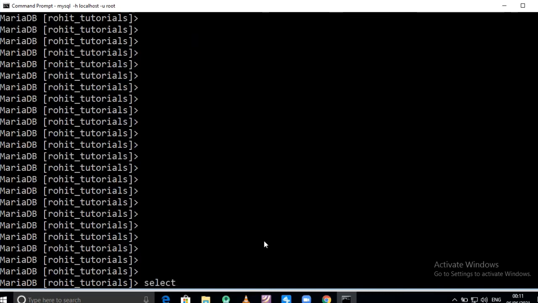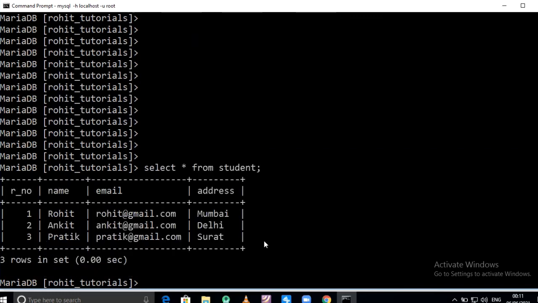Select star from student, semicolon. Yes, the records are available. One Rohit@gmail.com Mumbai, second Ankit@gmail.com Delhi, 3 Pratik@gmail.com Surat.